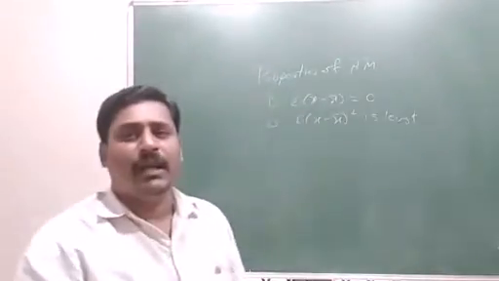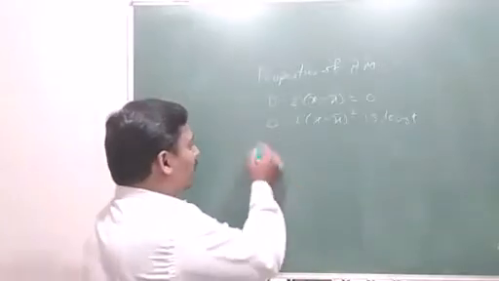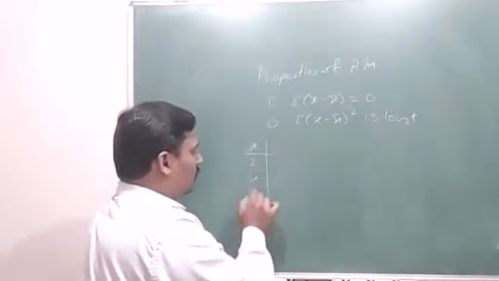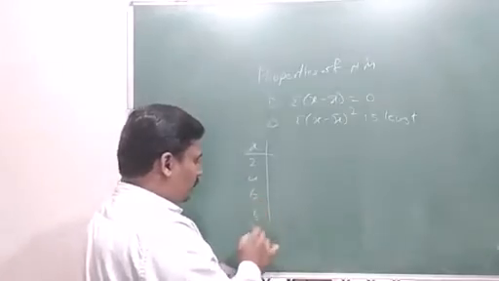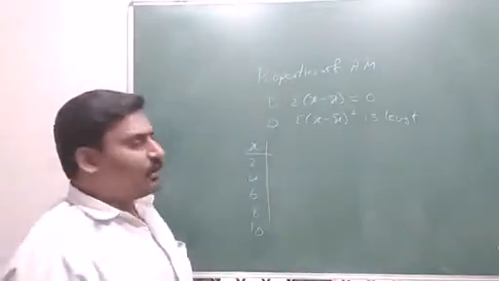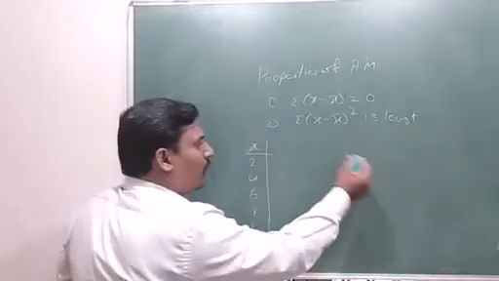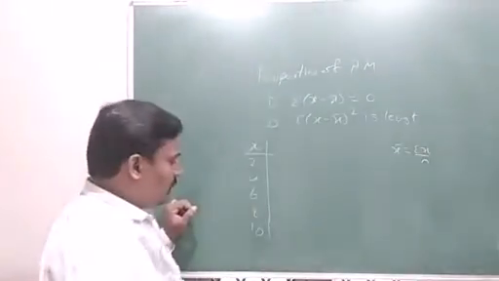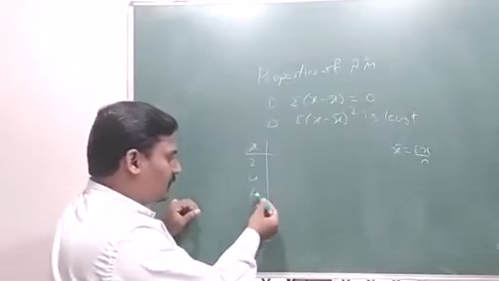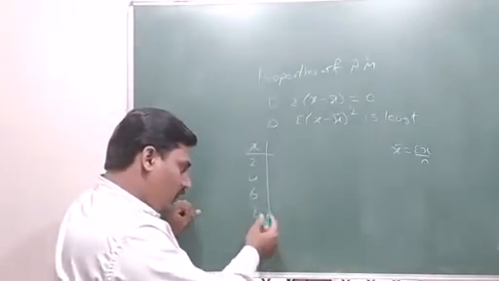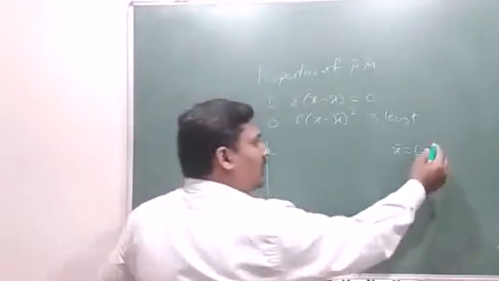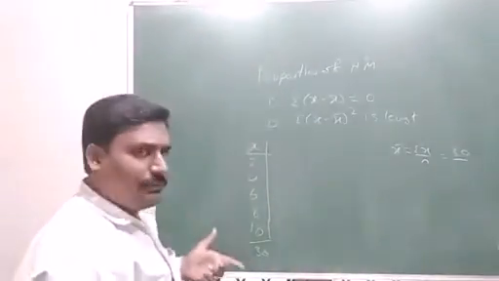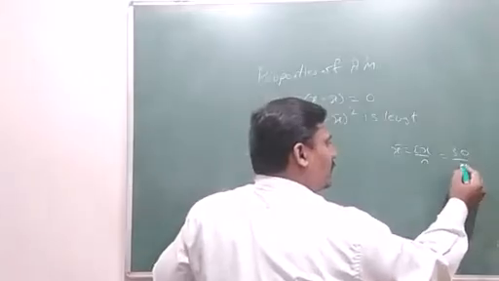Let us take a small example. The observations x are 2, 4, 6, 8, 10. So 5 observations are there. The formula for x bar is summation x divided by n. Summation of x: 2 plus 4 is 6, 6 plus 8 is 14, 14 plus 10 is 24. Wait, 2 plus 4, 6, 6 plus 8, 12, 12 plus 8, 20, 20 plus 10, 30. So 30 divided by n. N is the number of observations: 1, 2, 3, 4, 5. So 30 divided by 5 is equal to